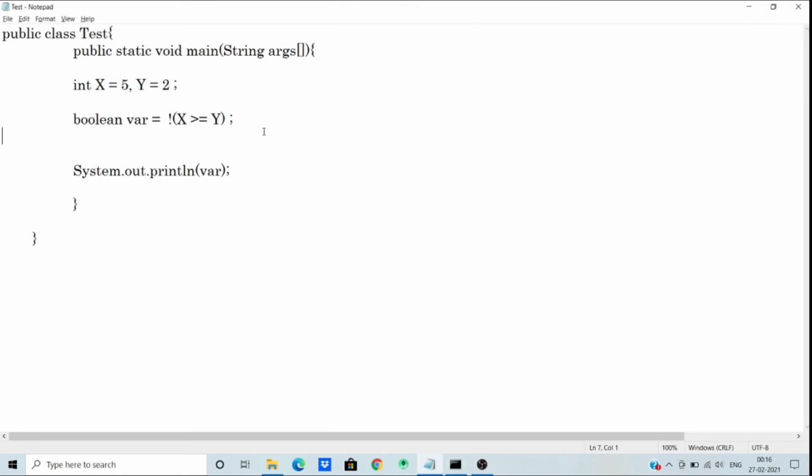So next operator is unary operators. Unary operators only need one operand. So these are increment, decrement, complement. So first increment, x plus plus. Now the value of x will be 6 because x plus plus works as x equal to x plus 1.